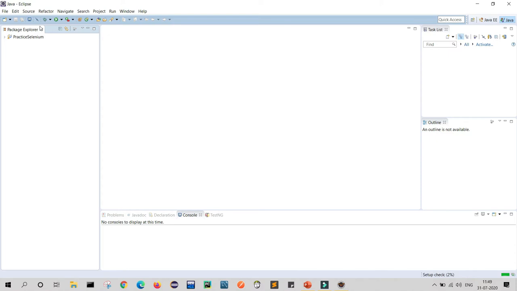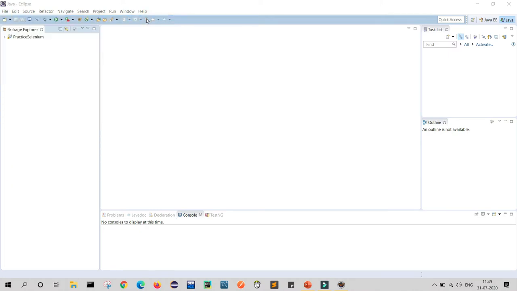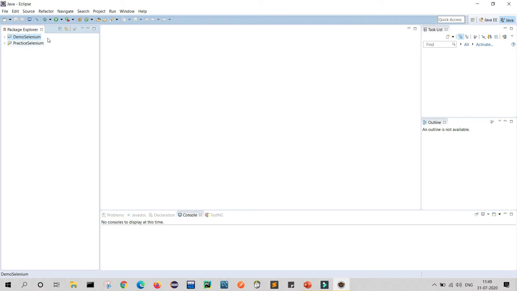For creating a project, go to File, New, and here I will create a Java project. Click on Java project, and here I will write demo Selenium, and click on Finish. Here you can see the demo Selenium project is created.